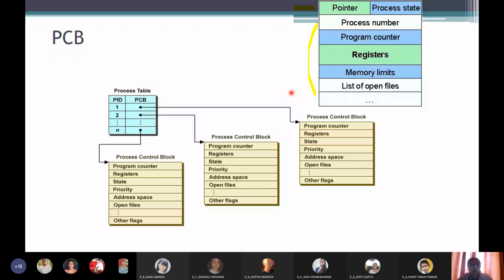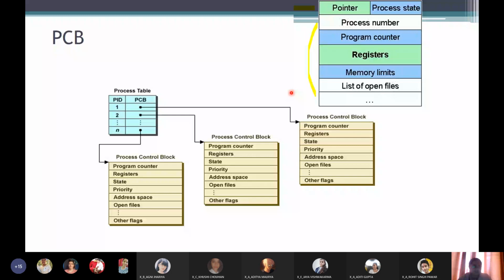Many of the questions will be answered here. How does the CPU keep track? The CPU is just a hardware device. Who is controlling the CPU? The operating system. How does the operating system keep track of various processes? It is through this PCB. As you can see over here, this is a process table which contains process IDs and PCBs for different processes.